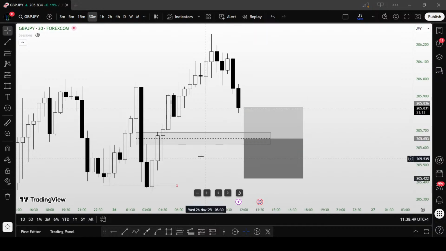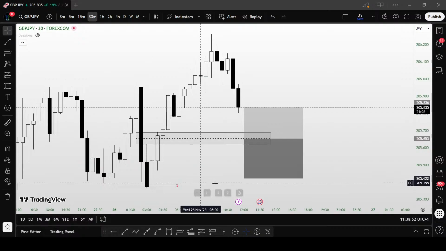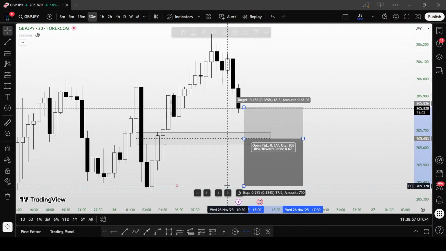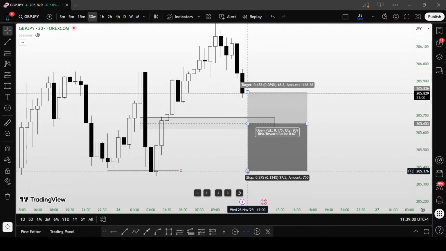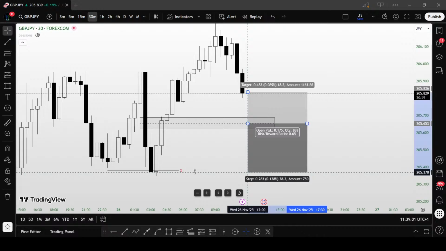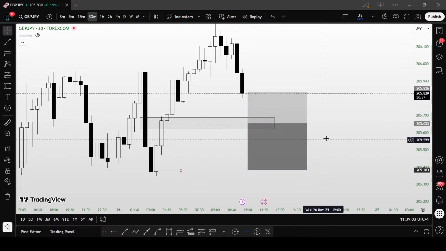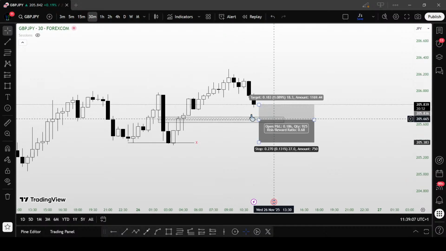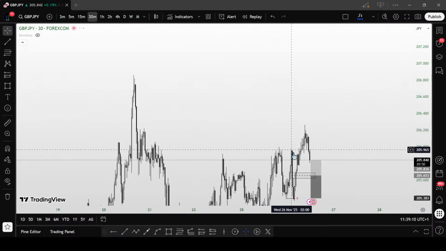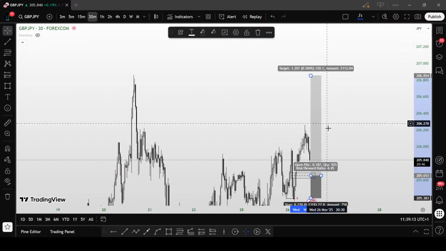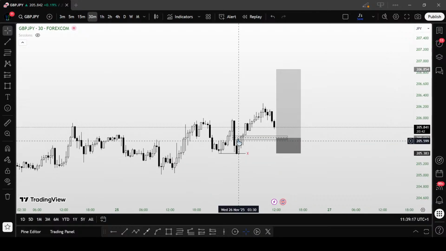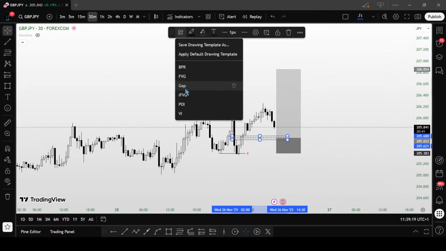This is the play. I don't really have any other candles around here, so I'm just going to keep it to this level. We could actually keep it to the last candle that made the fair value gap. Well, it's basically at the sweep level, so either way is going to be fine. We have 27 pips as our stop loss. If you're aiming for this throw at this point, we're talking about the 1:4 right here. So yeah, we do have that there.